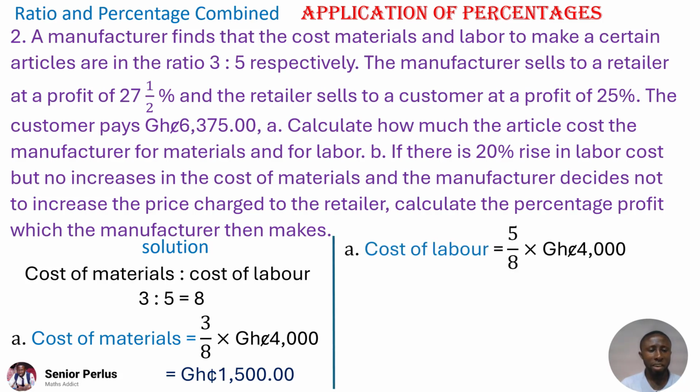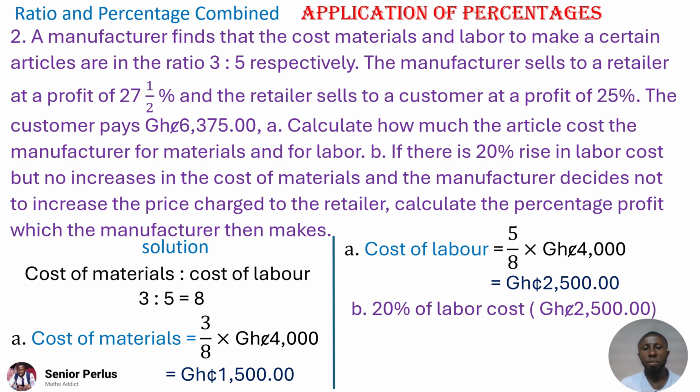Then we can solve for the cost of what? Labor. That's 5/8 times the cost price of the manufacturer. Then we have this. Good. So that's for the A. They want to know the cost to the manufacturer for the material and for the labor. B. If there is a 20% rise in the cost of labor, so 20% rise in the cost of what? Labor. So labor was